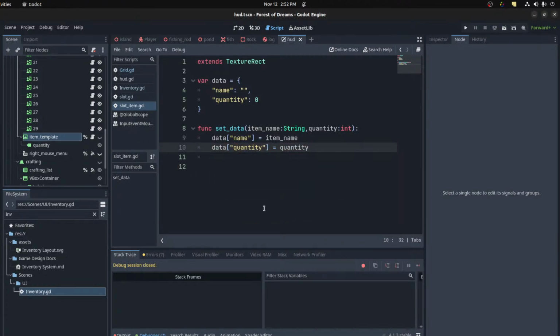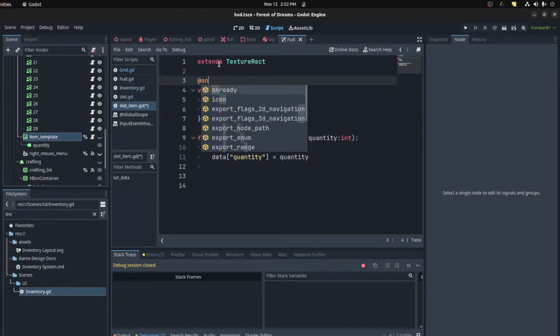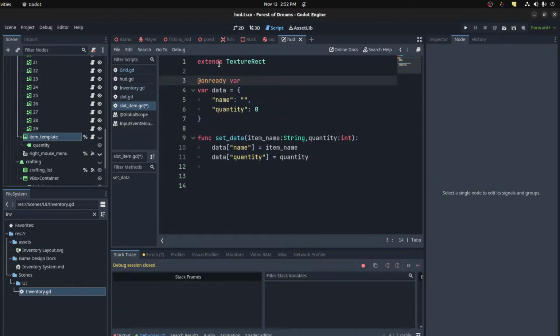Alright. So that's the only thing I want to set here, and I need to actually set its values. Quantity string text, I mean, on ready for